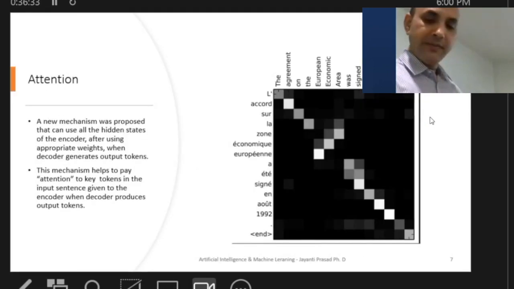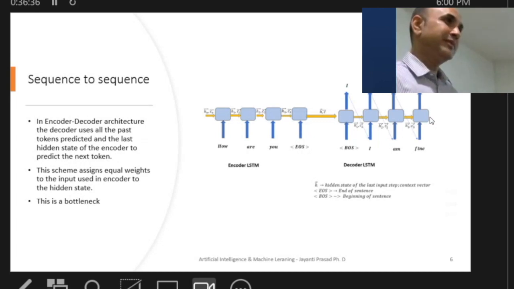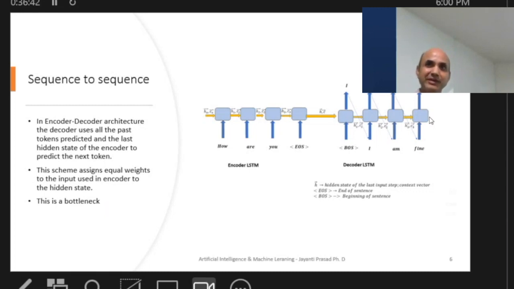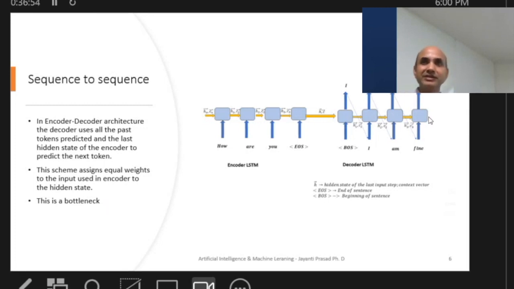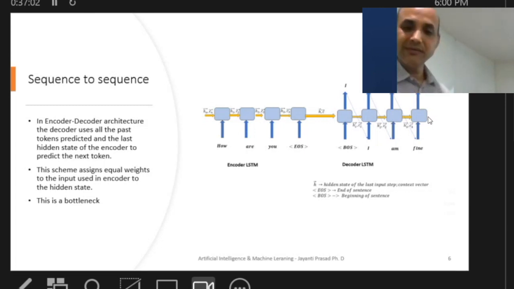So is that a problem with this model? Yes, this is a problem. As I said, I give you an explicit example: you are spending money. If you are keeping track of only the final amount, then obviously you are missing a lot of information. There may be something when you actually spend 350 rupees and you want to keep track of that also. So it may be better that you keep track of both the final amount and the intermediate ones. That's exactly what attention does.